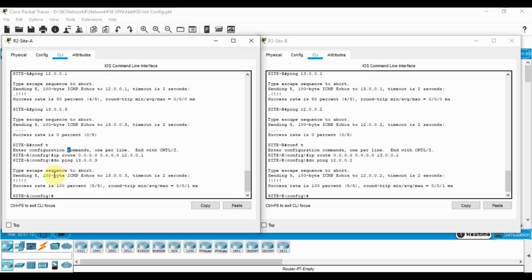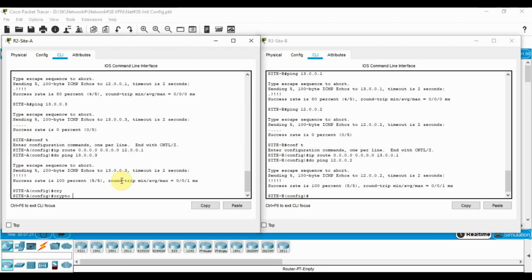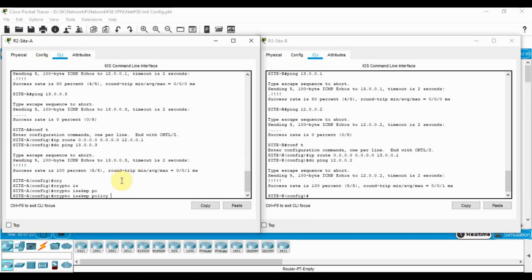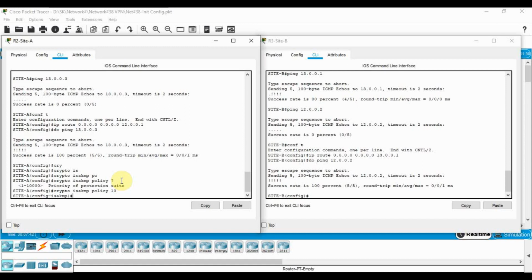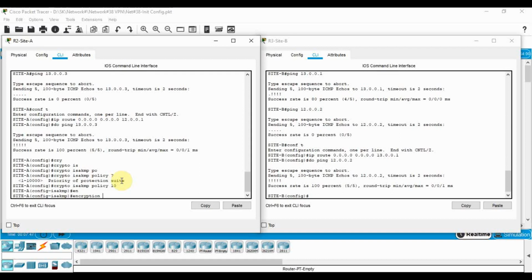configuration. So we're going to create the crypto ISAKMP policy, and as you can see, using the question mark, we can assign the priority. We can start as usual with 1, but it's recommended to choose some number higher than 1, so later, if you want to configure, we can choose a lower number. So let's start with 10,